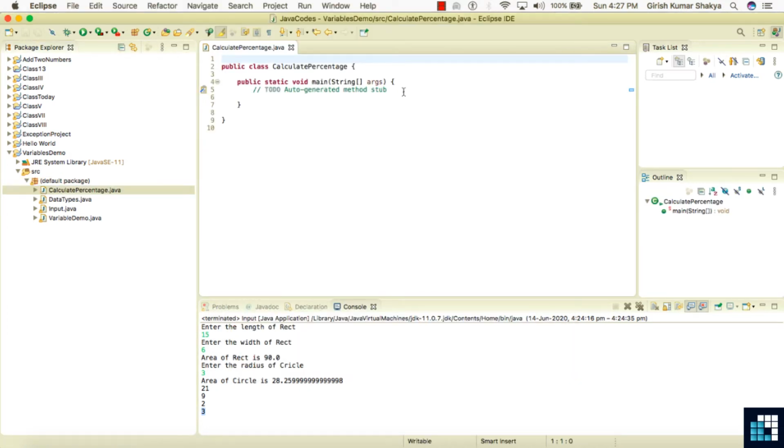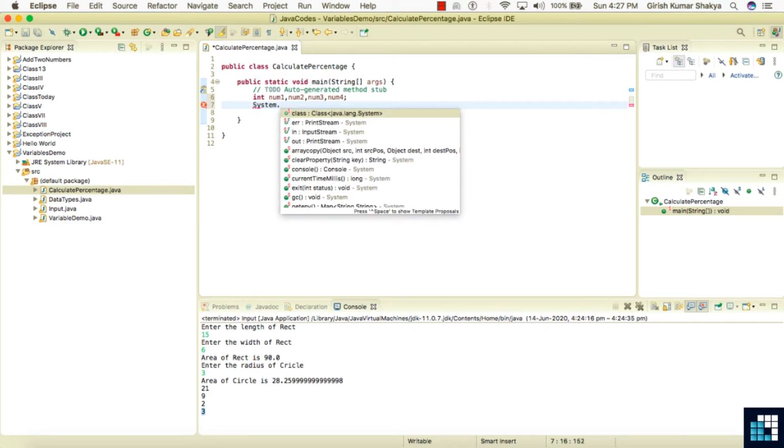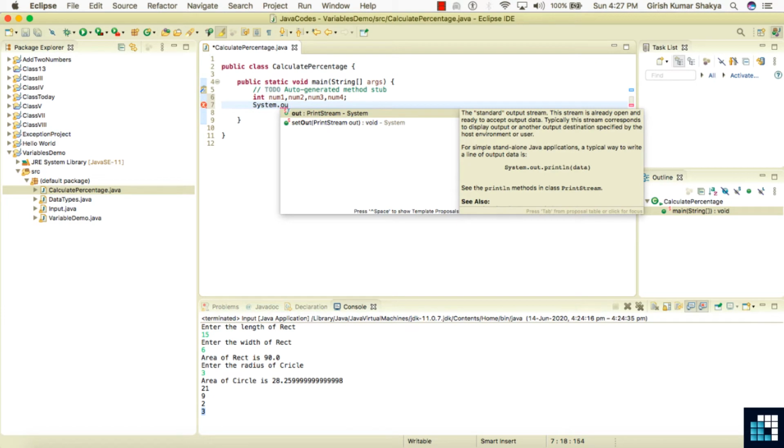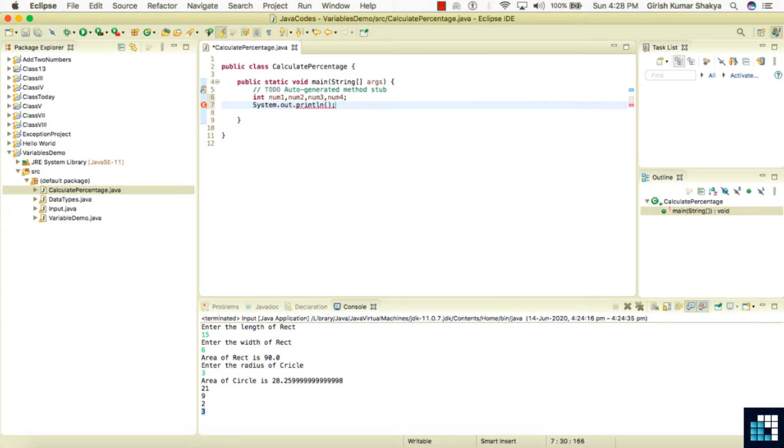And now here let me take certain numbers, let's say int num1, num2, num3, num4, and you can take inputs if you want. Okay, let's say I'm going to take an input for this, System.out.println and enter the